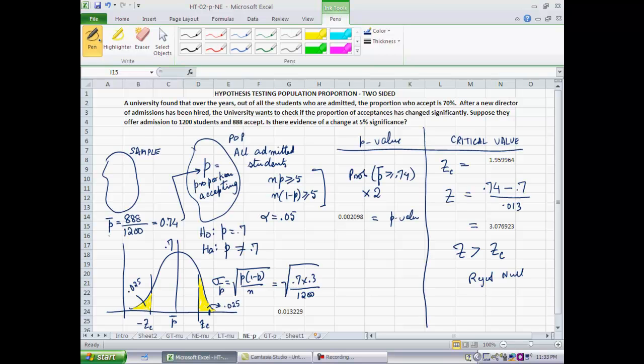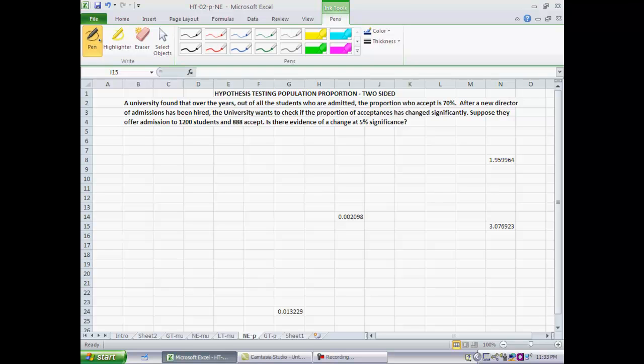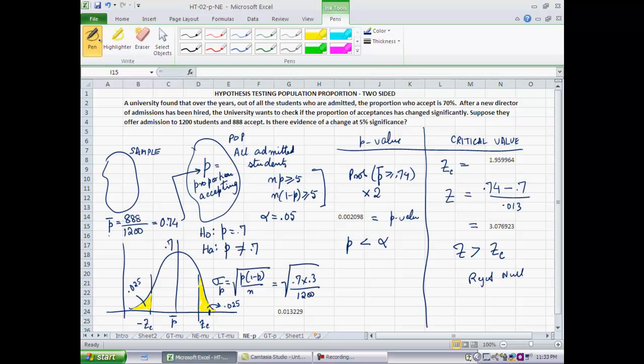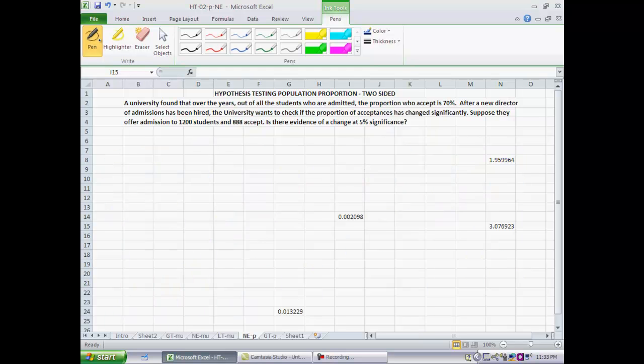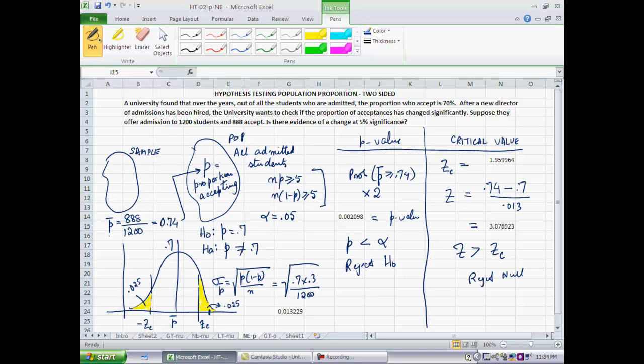All right. So there's only a 0.2% chance that I would be observing a sample statistic as extreme as the one I just saw if the null were true as an equality. Since p is less than alpha, my alpha is 5%, I would end up with the same conclusion, namely reject the null. So since I'm willing to accept a 5% chance of making a mistake, that is rejecting the null